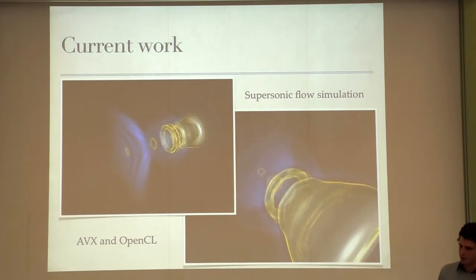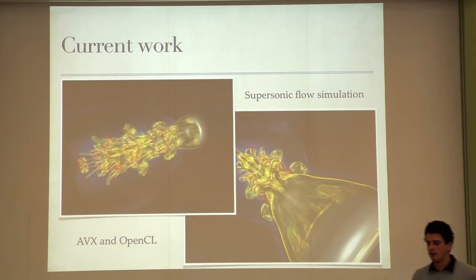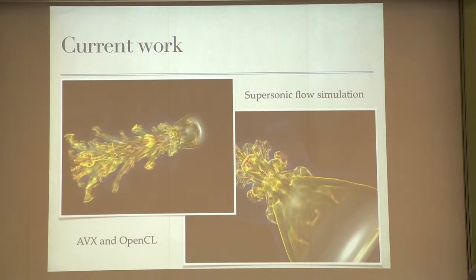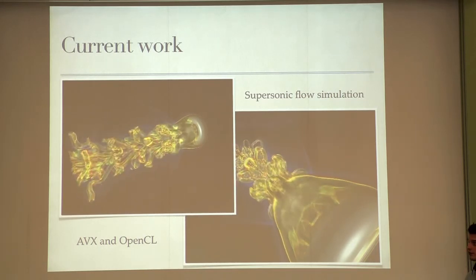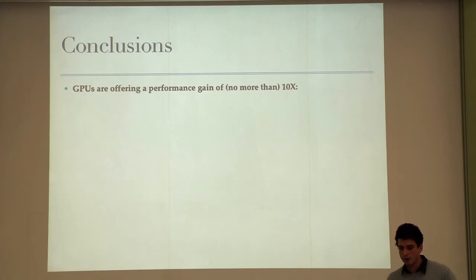What we are focusing on now is combining AVX with OpenCL for re-entry studies, so studies of objects that are re-entering the atmosphere. Here you can see a supersonic flow around a torus. A torus is just a toy example for more complex geometries. So my conclusion is that